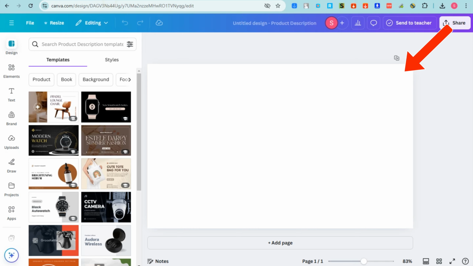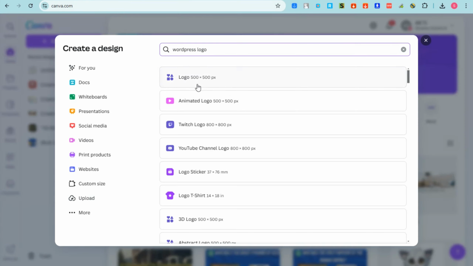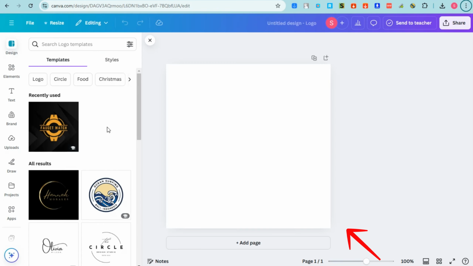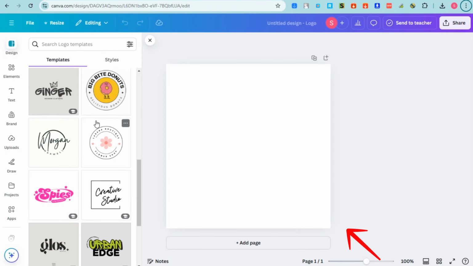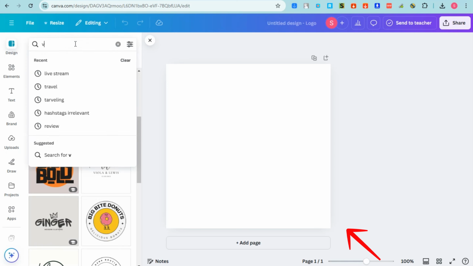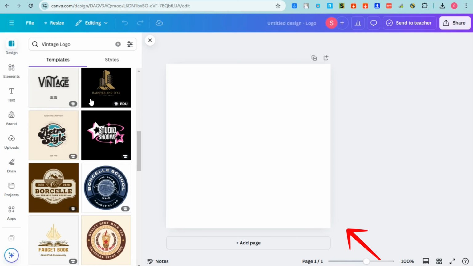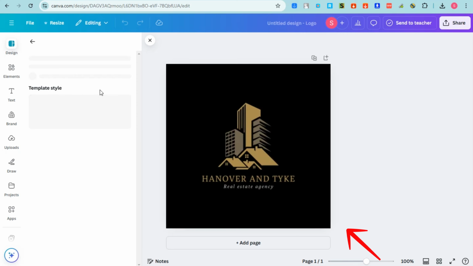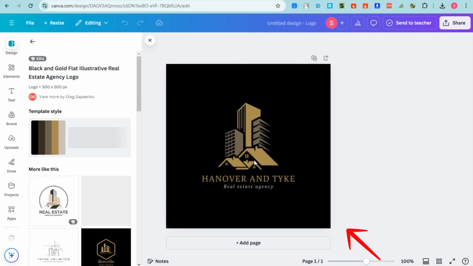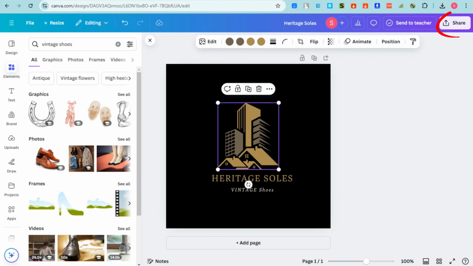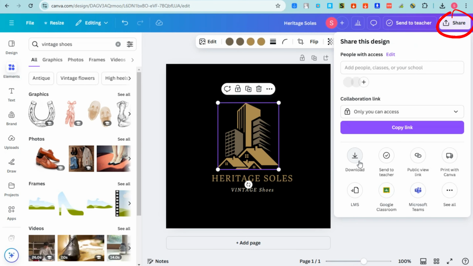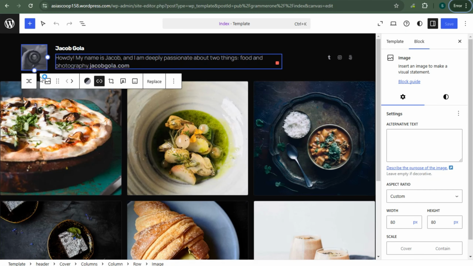So all you have to do is go to create a design and then you can type logo right here. Then you will see sample dimensions for logo. You have to click one, and then this is what it looks like. Now I want to create a logo for my vintage website, something like that. So this is an example. You just have to edit the image or the name, and then after that, download